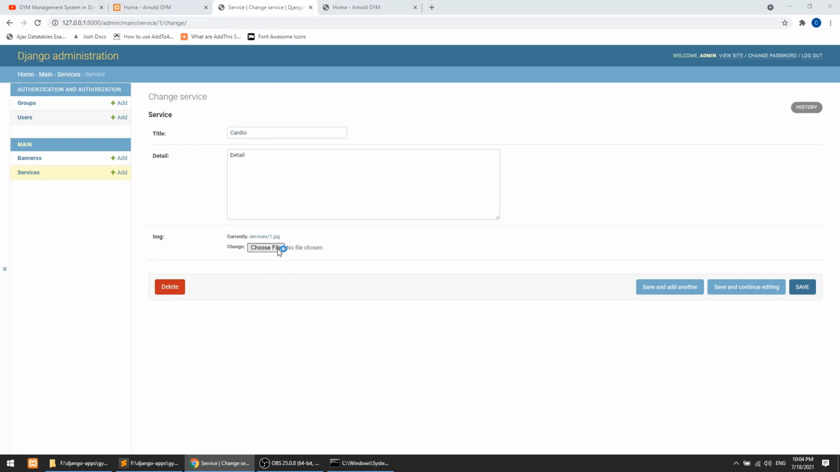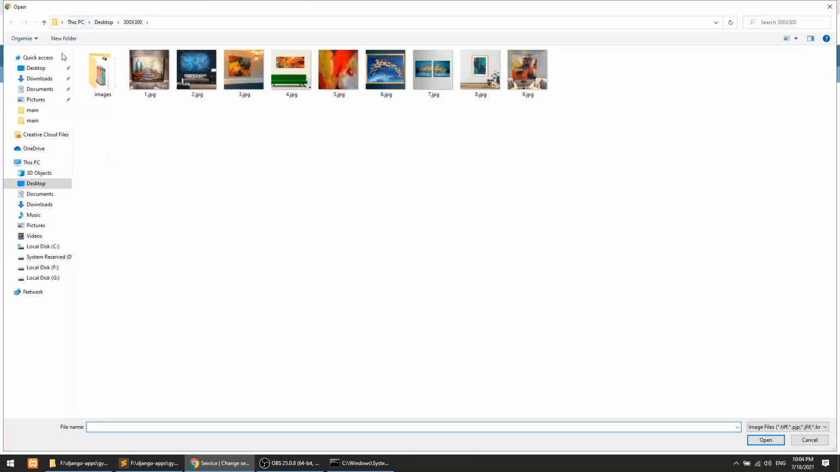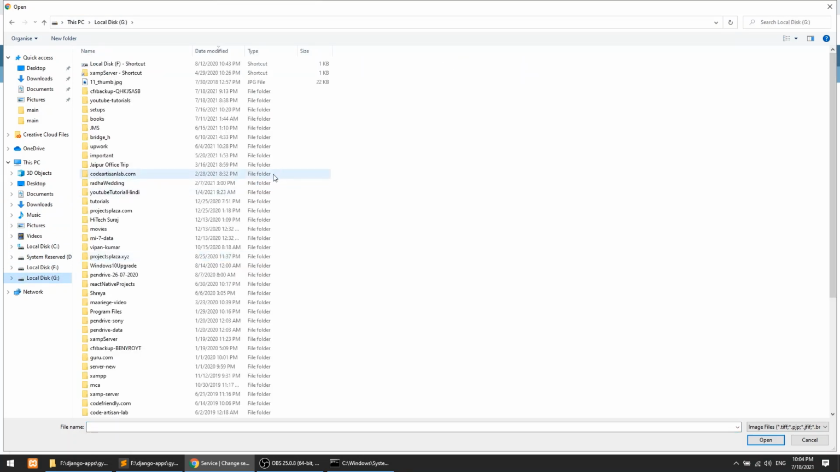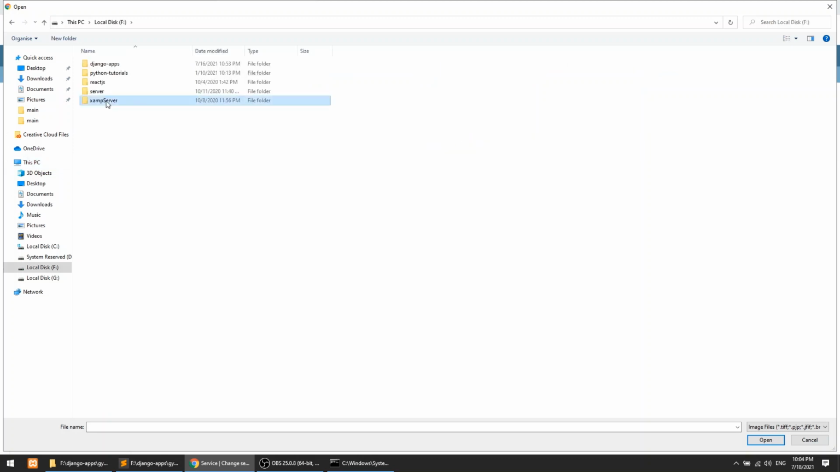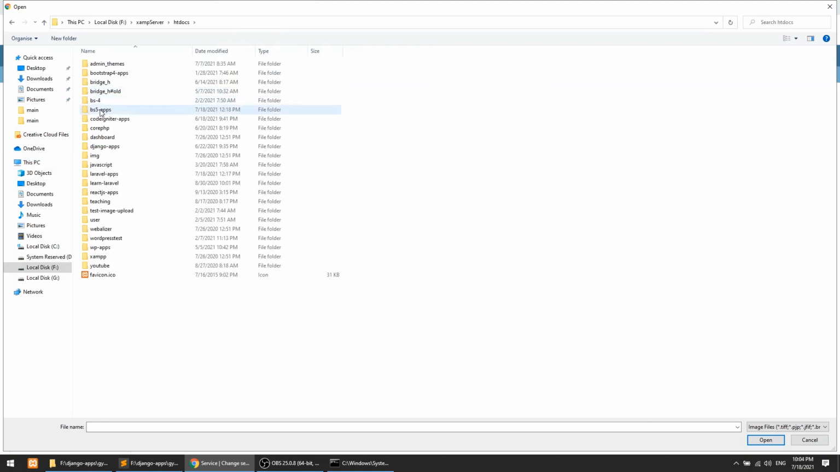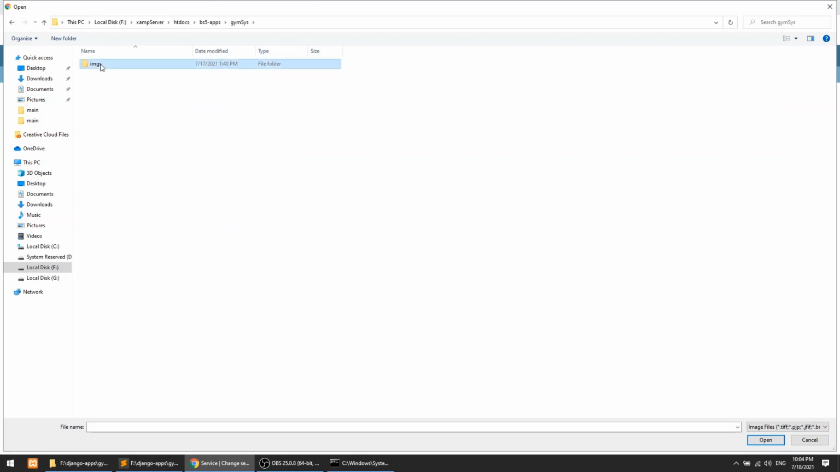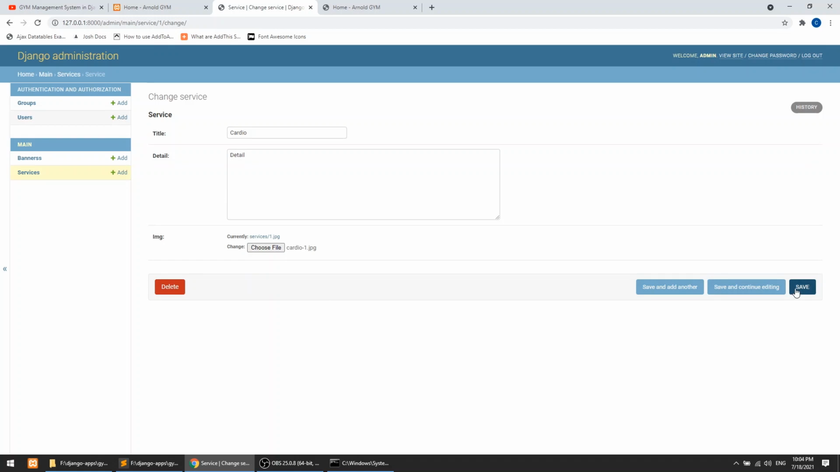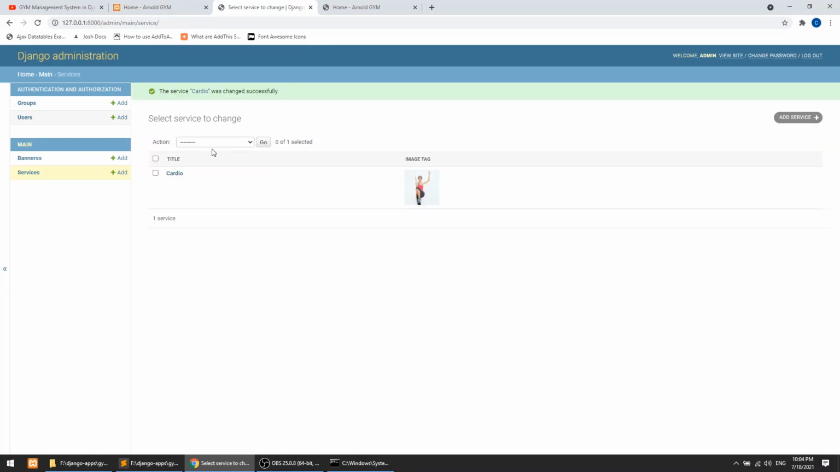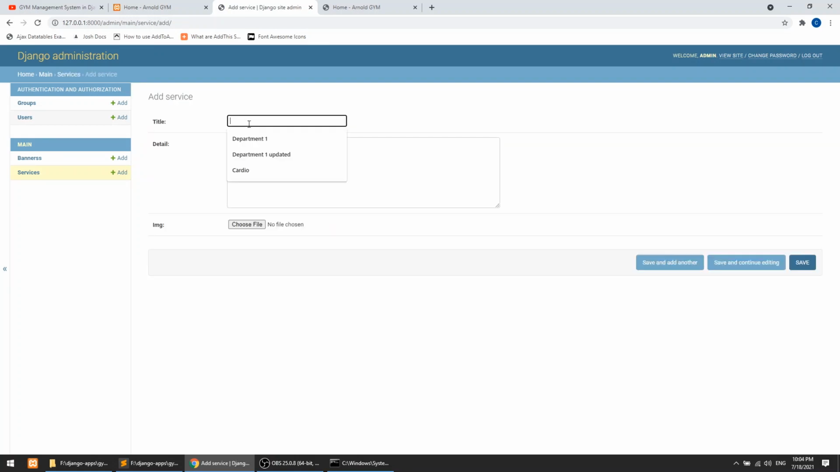Okay, and the file will be, I have already created this when I created the template. I have already added those relative files actually. So I will go to the folder bs5 apps, gym system, images, and this is the cardio. Save, and let's add another service like bodybuilding,